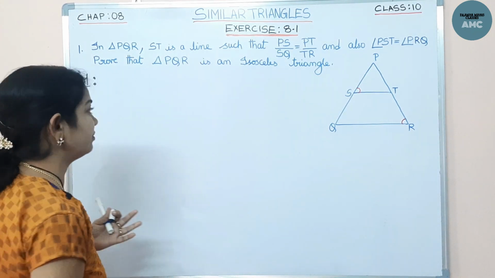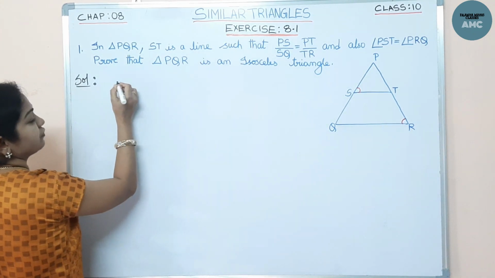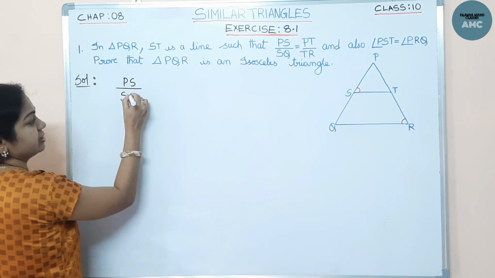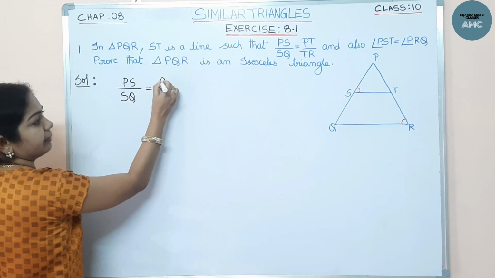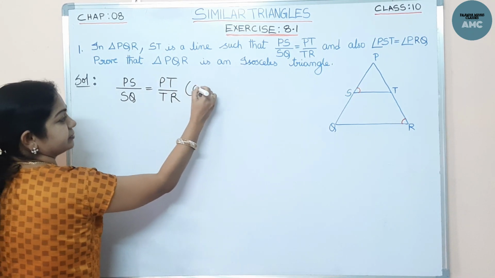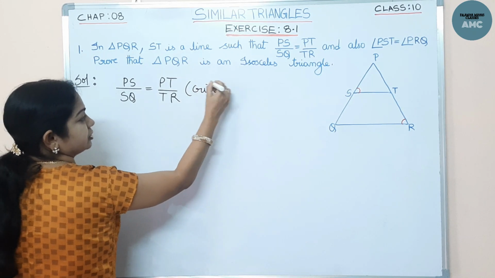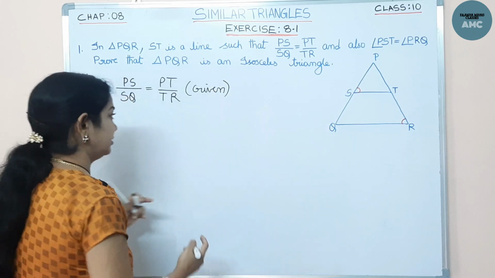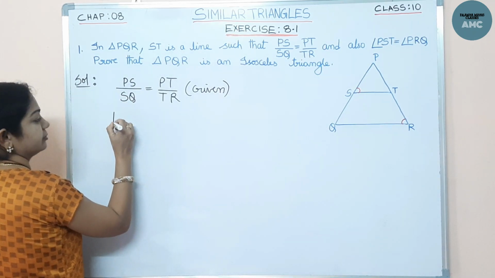So from the given we will start. What is given? PS by SQ is equal to PT by TR. This is given, right? So given means here the ratios are given, that is therefore